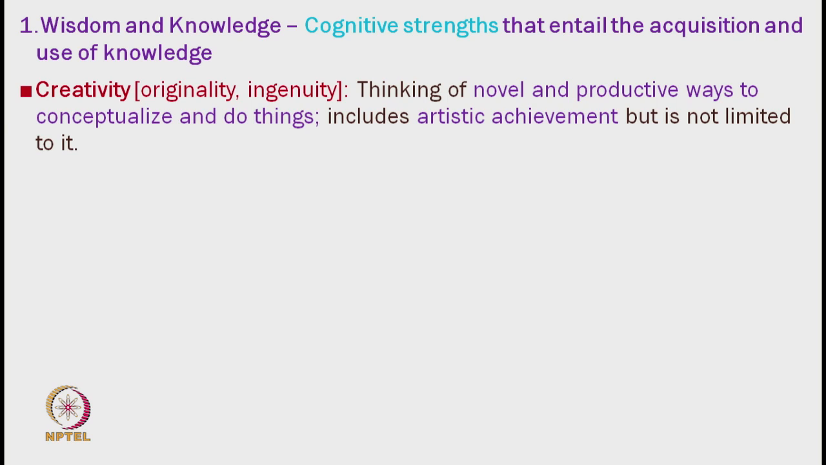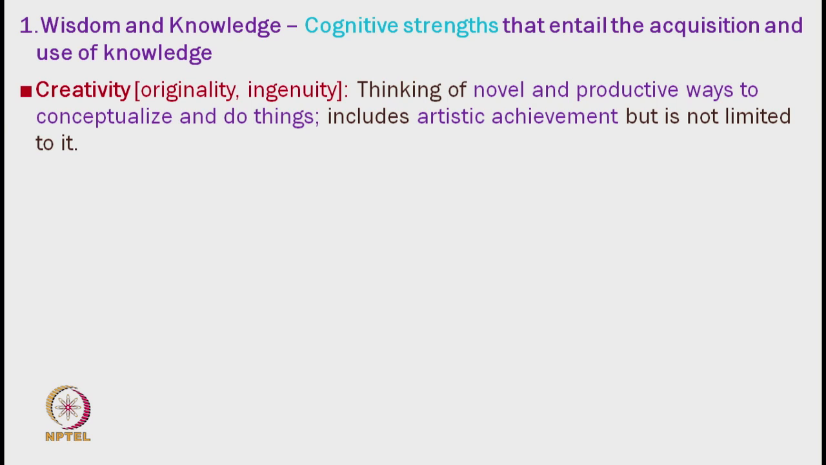First virtue is wisdom and knowledge. All these virtues have a certain type of strength. This is cognitive strengths that entail the acquisition and use of knowledge. So, wisdom and knowledge means we acquire knowledge and we use that knowledge whenever it is required. And under this virtue, which is mainly on cognitive strengths, there are various character strengths. First character strength is creativity. Creativity means